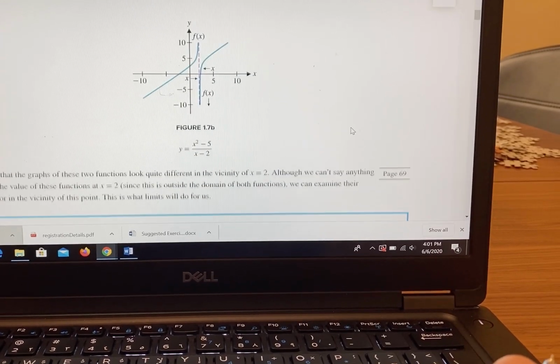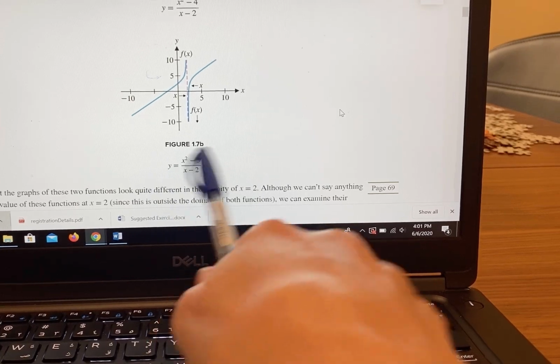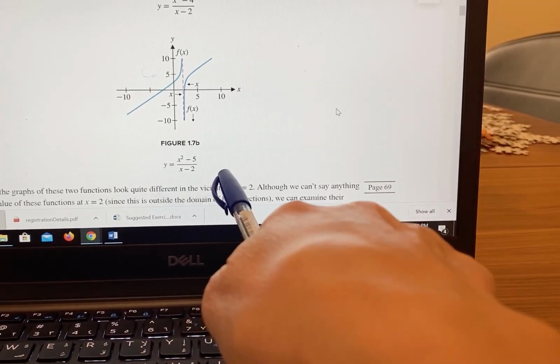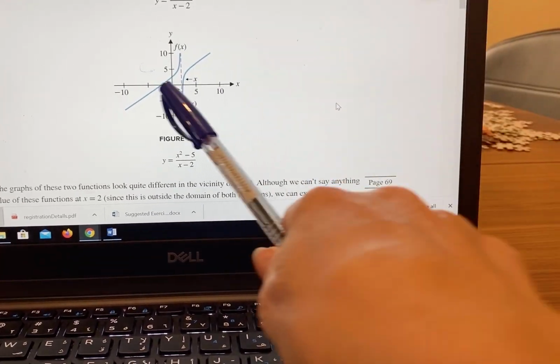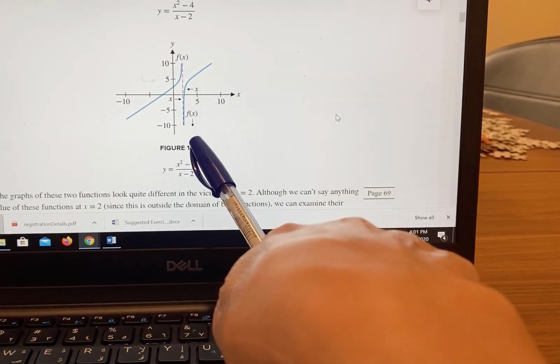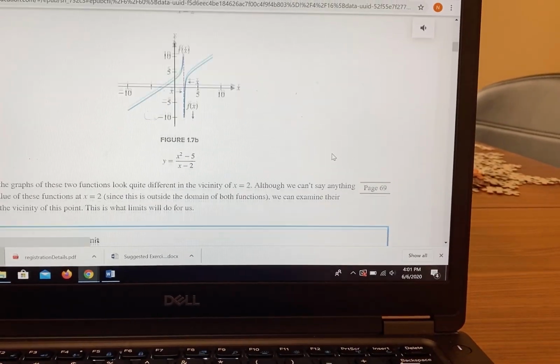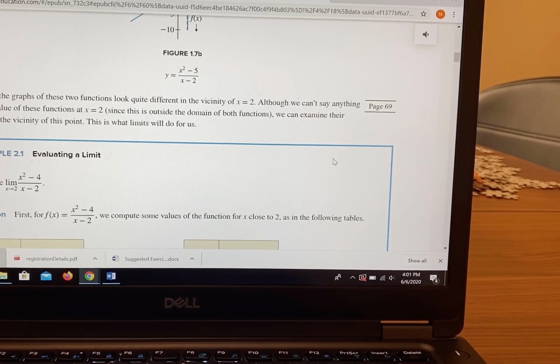Whereas x squared minus 5 over x minus 2 cannot be sorted out the same way. I cannot factor and cancel things out, so it has to stay exactly as such. And its graph is what? It has a vertical asymptote at x equals 2, and the function is more complicated than the function that is x squared minus 4 over x minus